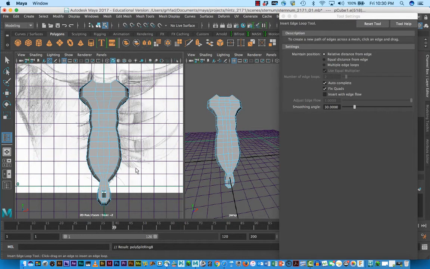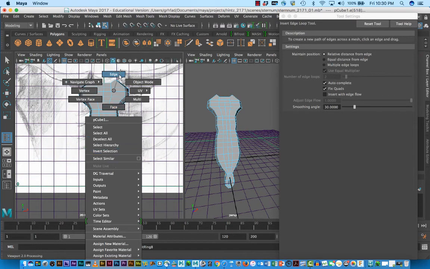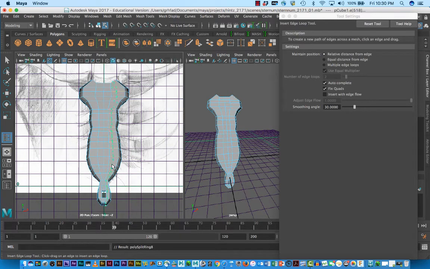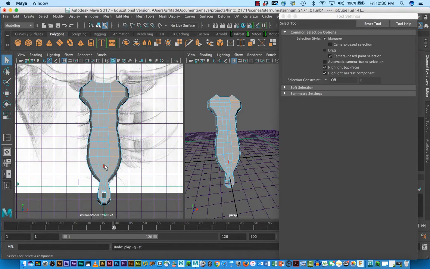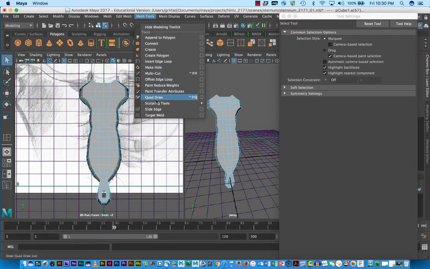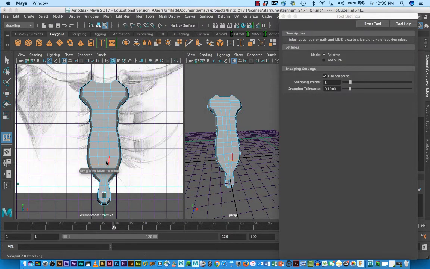So I'm just trying to see if I can get the edges spaced out evenly, because that will distribute the patterns and the colors the best. So I want to move this edge up, and I'm going to use this thing called slide edge under the mesh tool. And what it lets me do is middle mouse